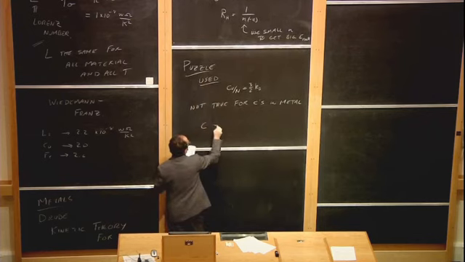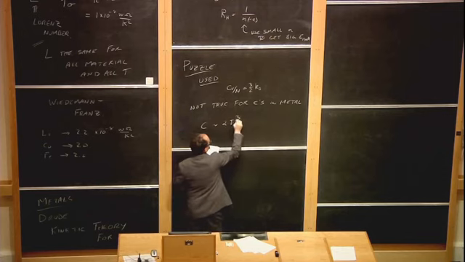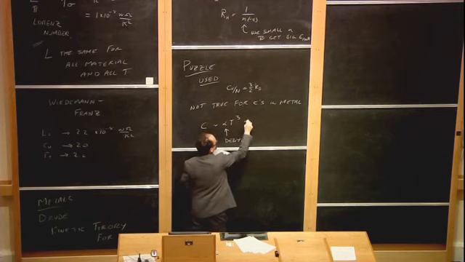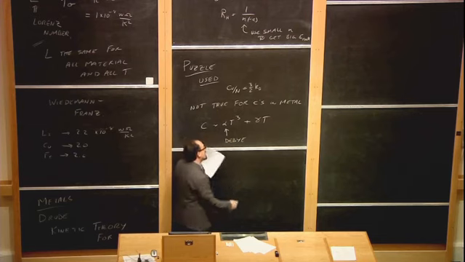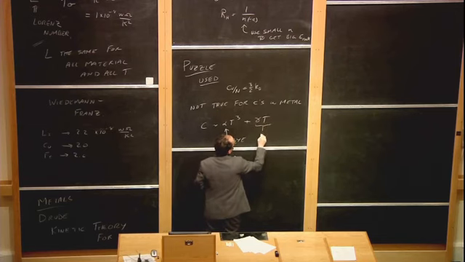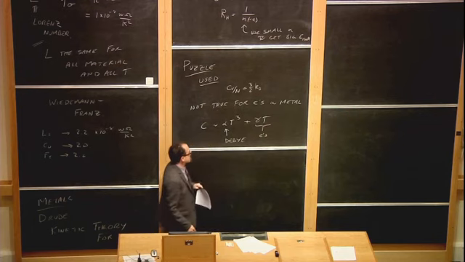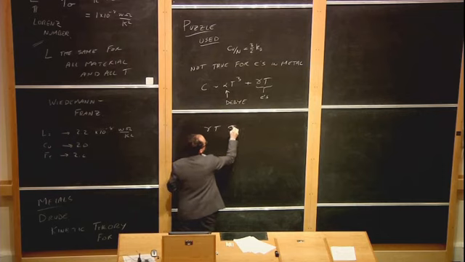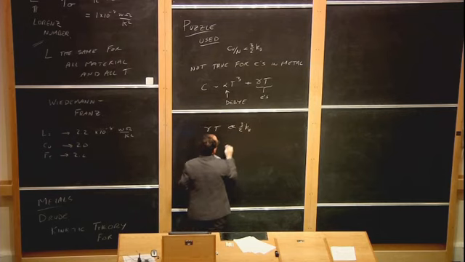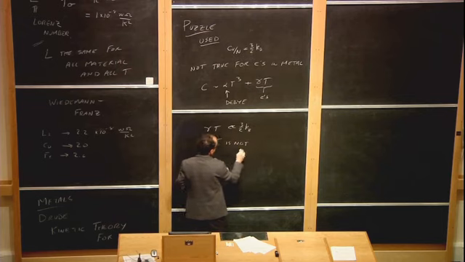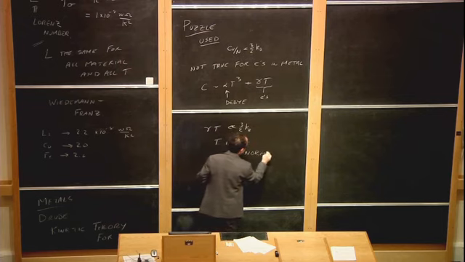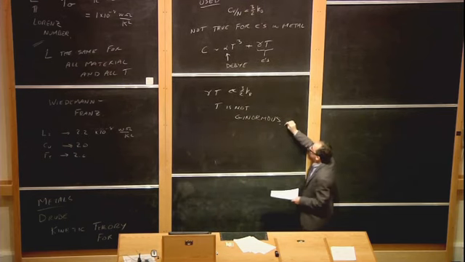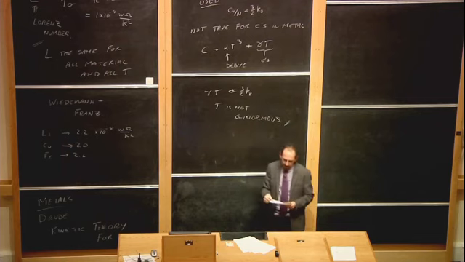Remember, in metals, the heat capacity is alpha T cubed, and we identified this alpha as being vibrations, or Debye theory, plus gamma times T. And in fact, this gamma times T is special for metals, so this is the heat capacity of the electrons running around in the metal. And for any reasonable temperature, gamma times T is much, much less than 3/2 k_B, as long as T is not ginormous. Ginormous. That means huge. Like 10,000 Kelvin. As long as T is not 10,000 Kelvin, gamma T is much less than 3/2 k_B.